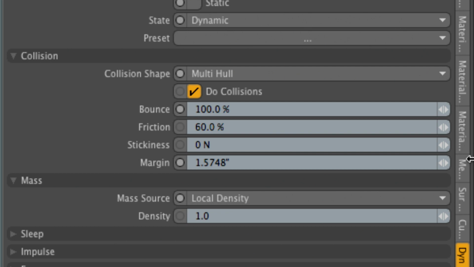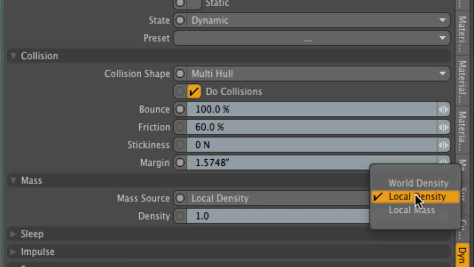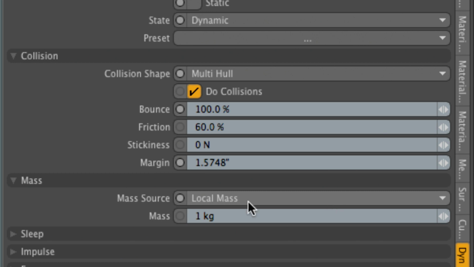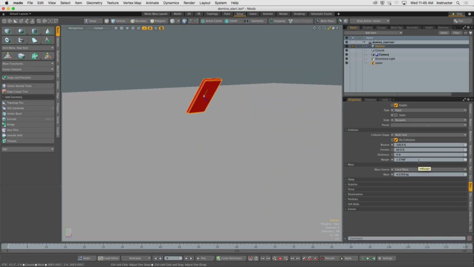And what I like to change, we have local density as the input value for our mass. What I like to change is from density to actual weight. It's a little bit easier for my brain to figure out. So if we do local mass, okay, now we can define kind of a weight of the domino, right? Maybe I want my domino to be 10 pounds. Let's see how that small, simple change,